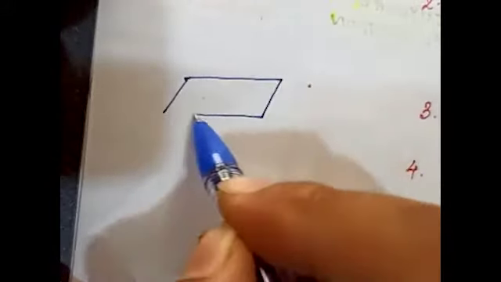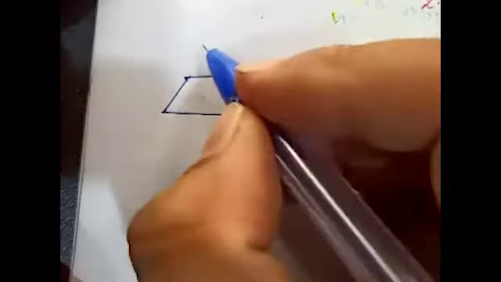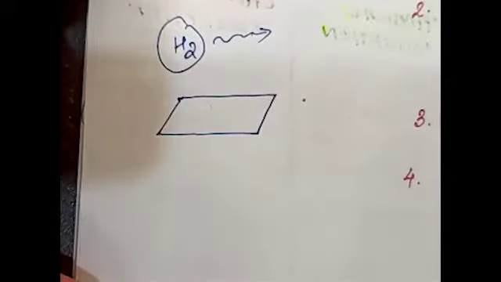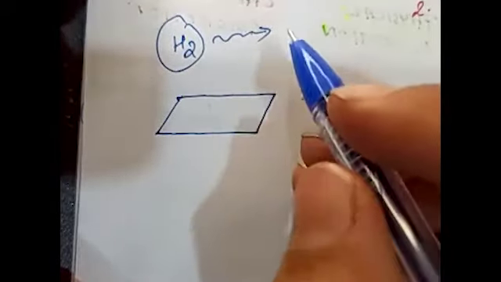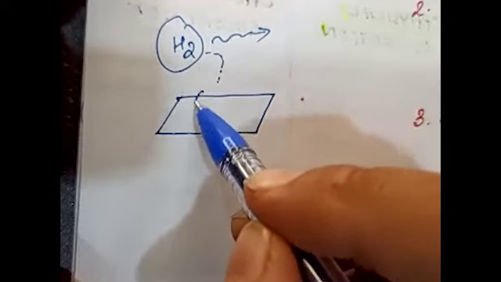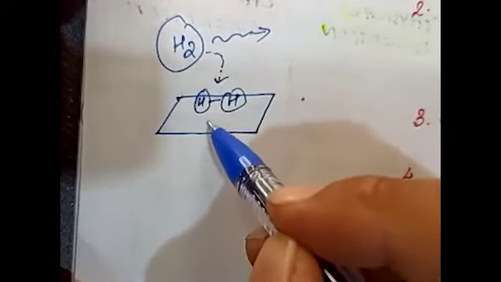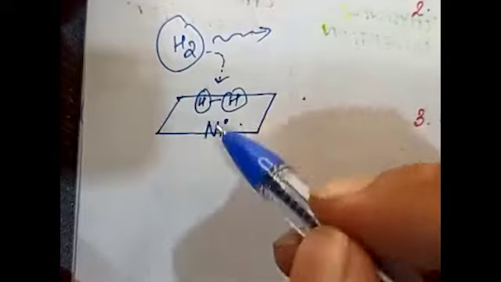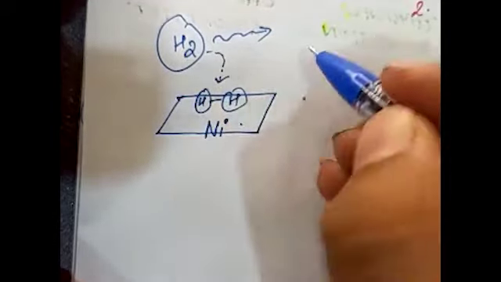Suppose there is a plate, ठीक है। इस प्लेट में आके हाइड्रोजन मॉलिक्यूल is a gas, it is flying here and there, ठीक है। हाइड्रोजन मॉलिक्यूल इधर उधर उड़ रहा है, so it is having some disorderness because it's a gas. Now this hydrogen molecule comes and it gets stuck to the surface of the nickel catalyst, ठीक है। ये निकल कैटलिस्ट है, ये हाइड्रोजन गेट स्टक, स्टक मतलब इसका मूवमेंट बंद।